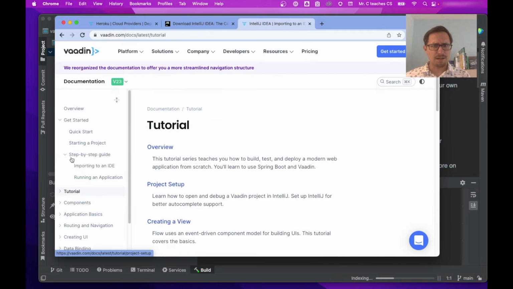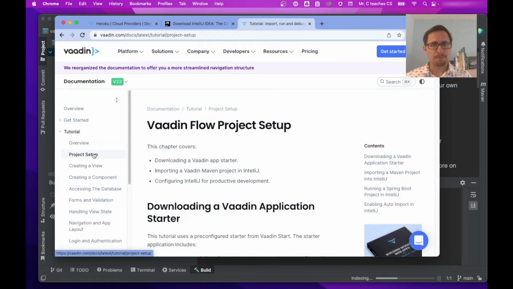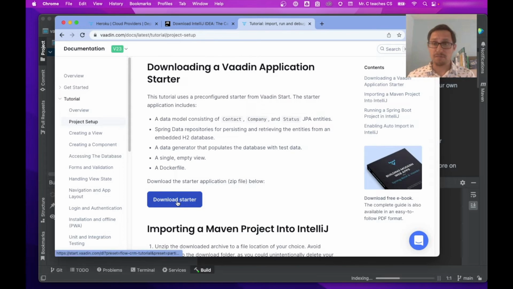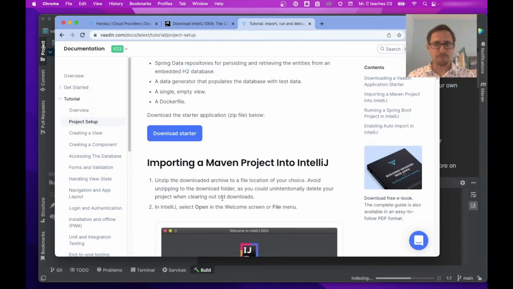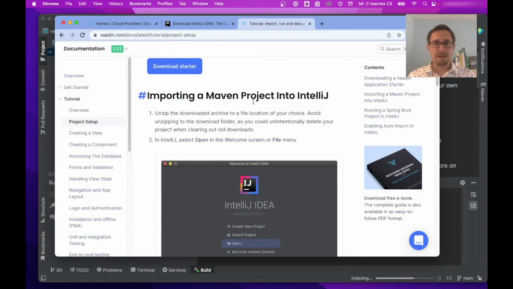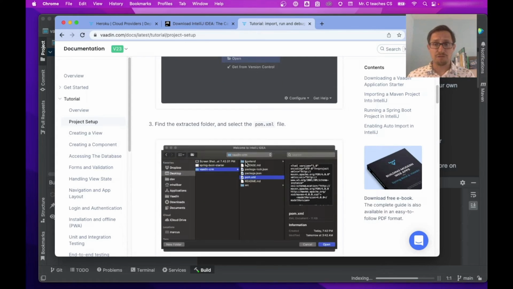But I'll be honest, there were some other steps I'd prefer you to take. So I think they're right here. Downloading the Vaadin starter. So this is something I've also done. Download their starter. This is their boilerplate code. For the purposes of the IA, use the one that your teacher provides you, and then there's this importing a Maven project to IntelliJ, and this is really good to go through these steps here,